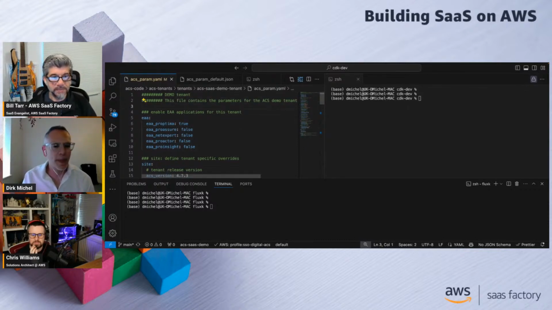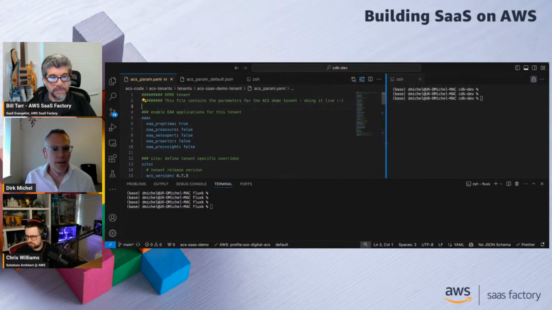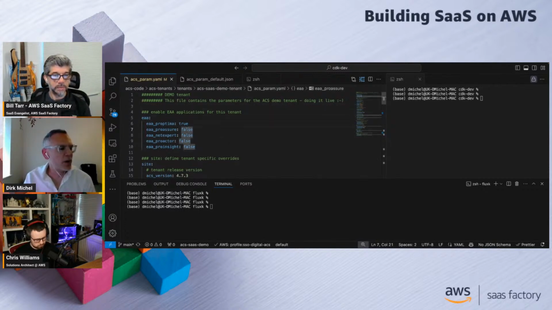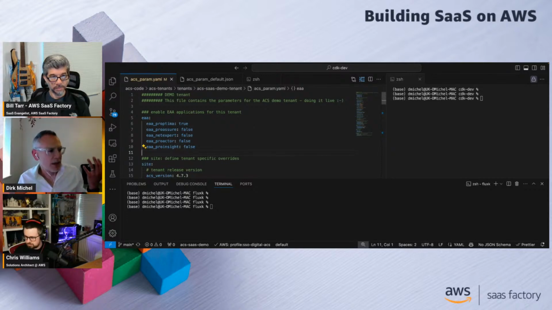It's okay. Okay, so one of the things that we can zoom into here is indeed that YAML file that we said, right? So that is something that is part and parcel of the interaction with the control plane. In our particular case, you can basically start off with saying, what kind of applications would you like to run? Right, so we've got different kinds of applications. We've got things like ProInsight,